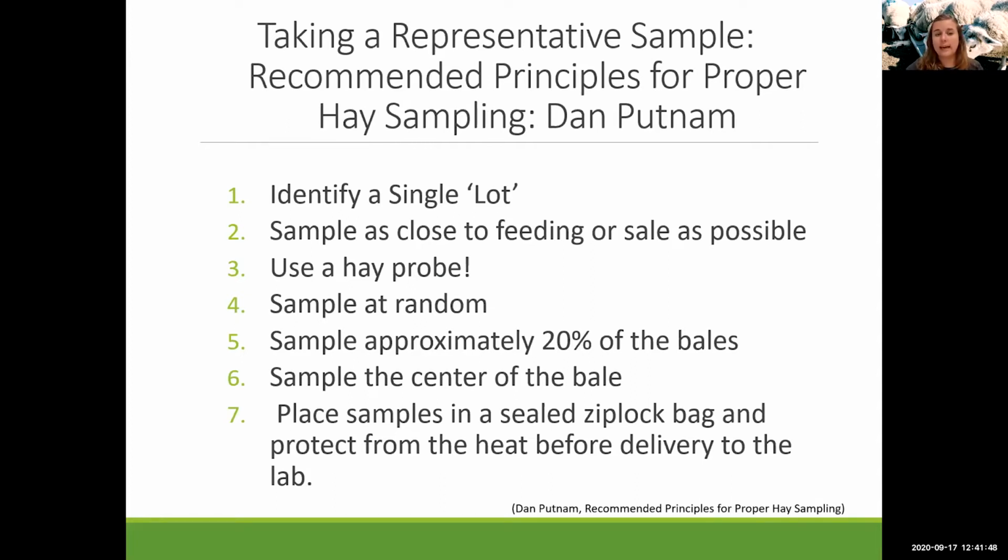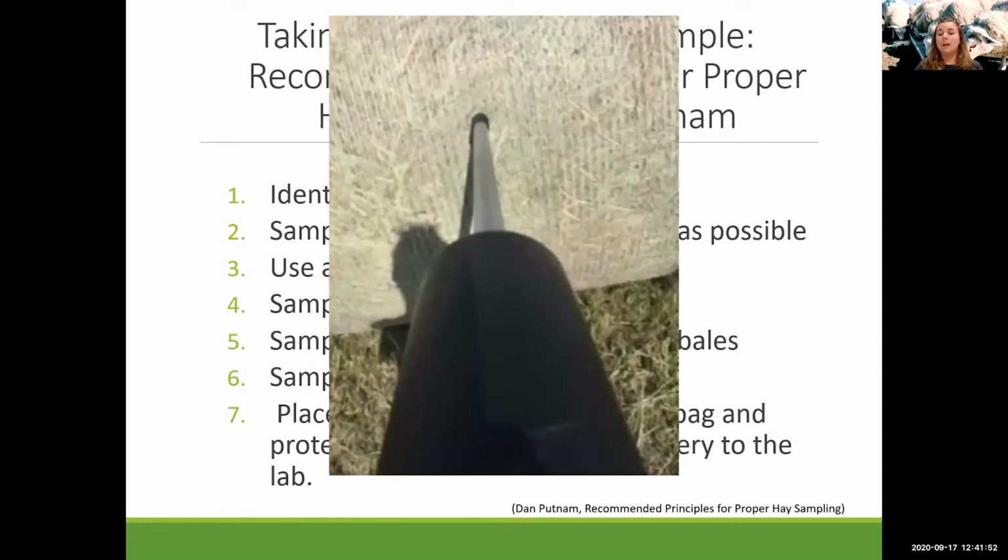Third, use a hay probe. Do not sample with your hands. When you sample with your hands, the small fine particles in the forage, especially when we're talking about alfalfa, which I know many of you probably use, are going to be lost through your fingers. And so it's really important to use a hay probe and to probe the center of the bale,